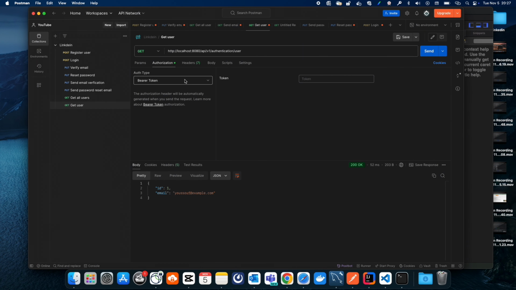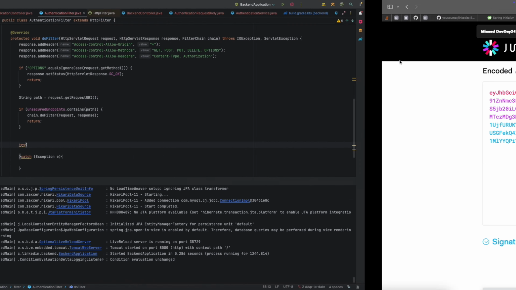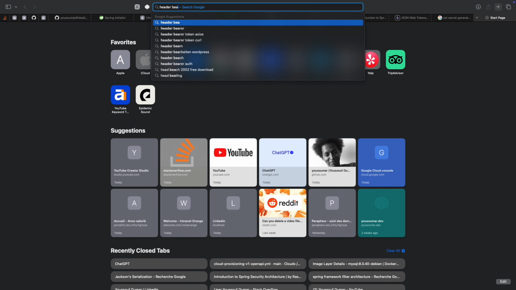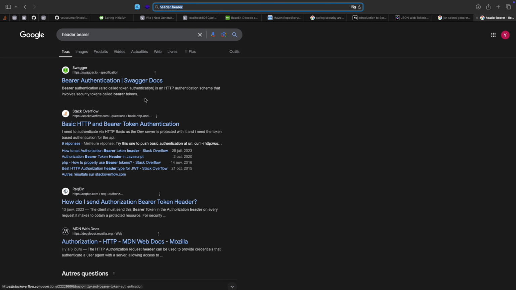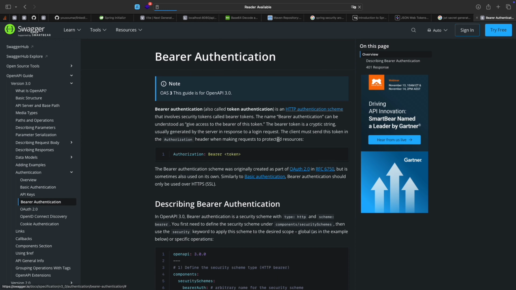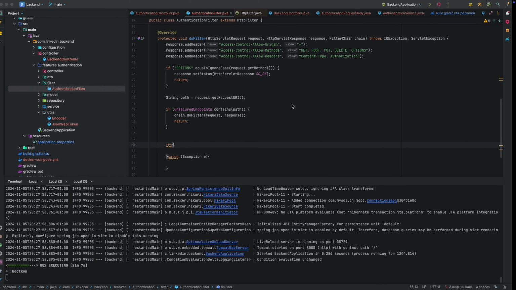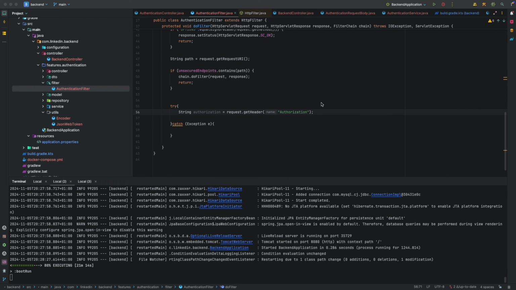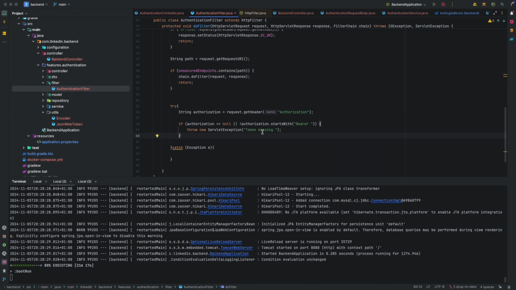It's going to be sending a bearer token. A bearer token, if you don't know, is a header. It's going to be sent as an authorization header. So that's why we first need to grab the authorization header here. And then we're going to say if the authorization is null or it doesn't start with Bearer, we're going to say that the token is missing, and this is also going to be